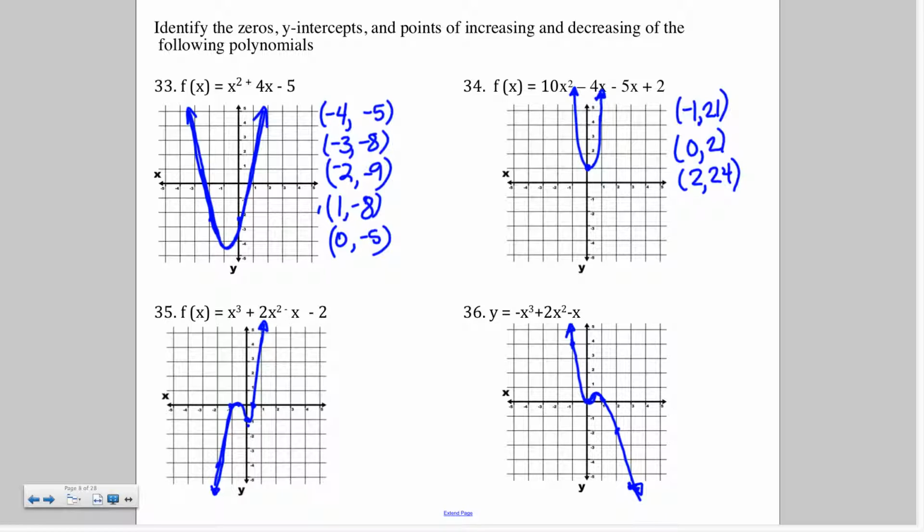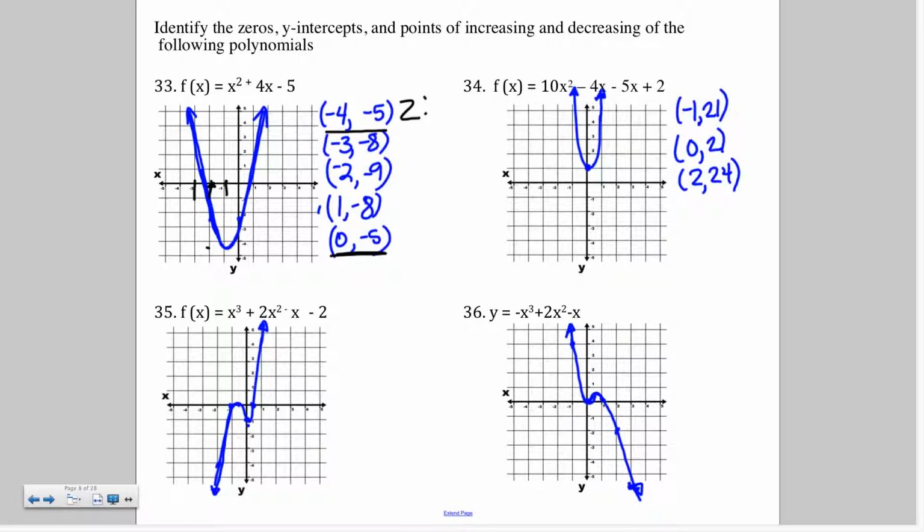But if I look at this first graph, my zeros or x-intercept is where it's going to cross right here. Now, if you look, I have -4 and -5. So if you cross, this should be somewhere right in there. So -4, -5. This lets me know I'm counting by twos. So 2, 4, 6, like that. And so my zeros where I cross the x-axis is going to be